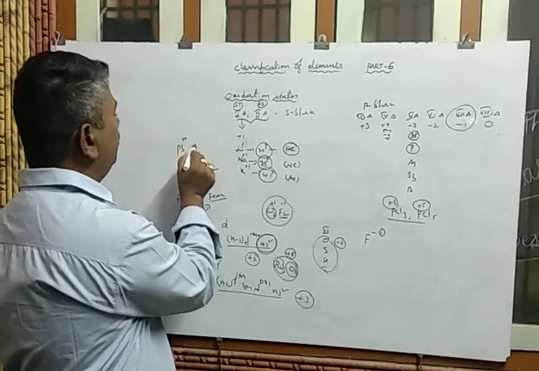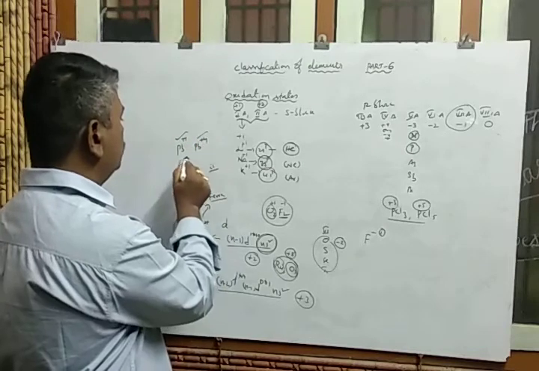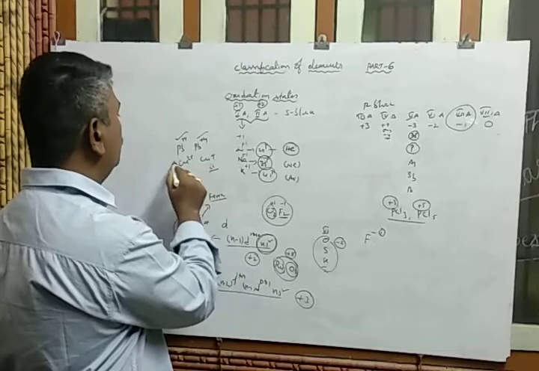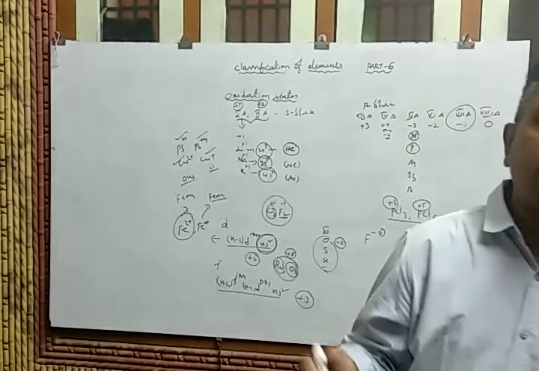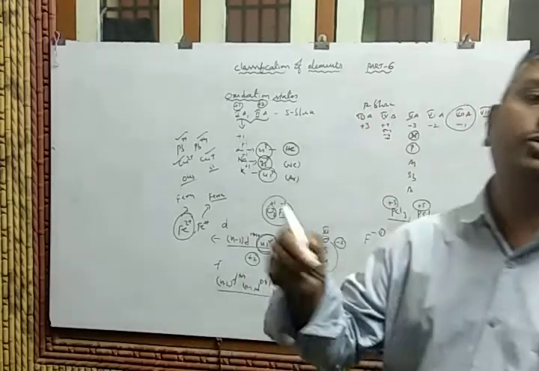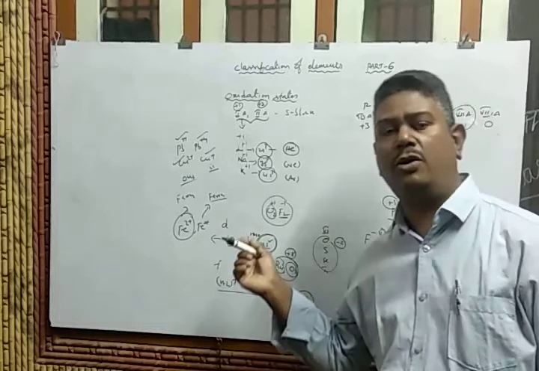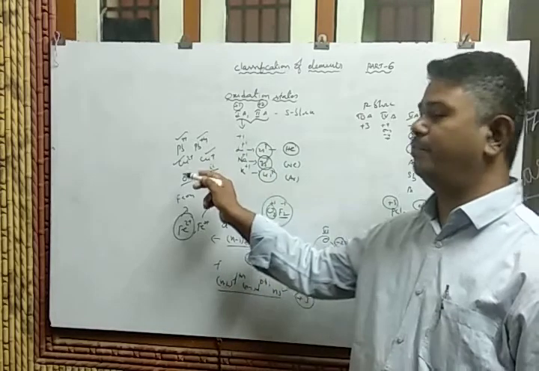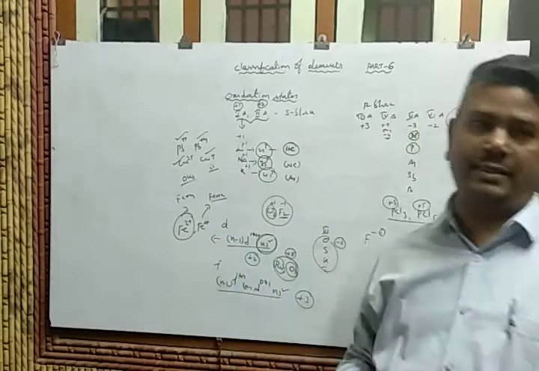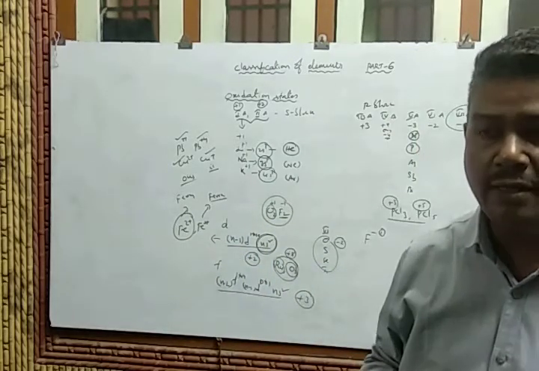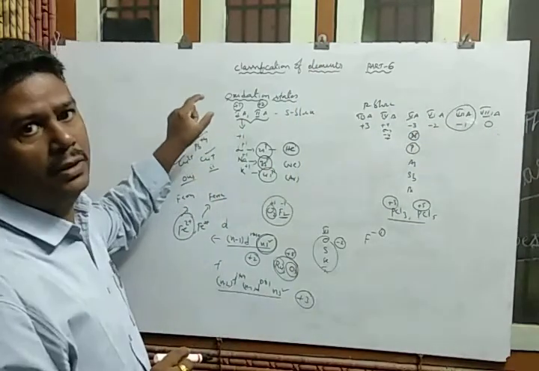Pb2+ and Pb4+, plumbous, plumbic, Cu2+ and Cu+, cupric, cuprous. So that's why the d block elements, meaning transition elements, can also show variable oxidation states, higher and lower. Higher is pronounced as 'ic' and lower is pronounced as 'ous'. Plumbous, plumbic, cuprous, cupric, ferrous, ferric, stannic, like that. Clear? So that is about oxidation states, one of the periodic properties for group elements.